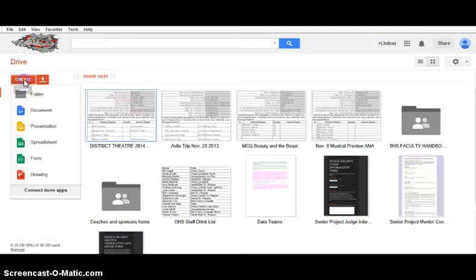By clicking on the Create folder, I can create a document, a presentation, a spreadsheet, a form, or a drawing, and there are more apps that you can connect to. You can see that these are some of my school's documents that have been shared with me throughout the school